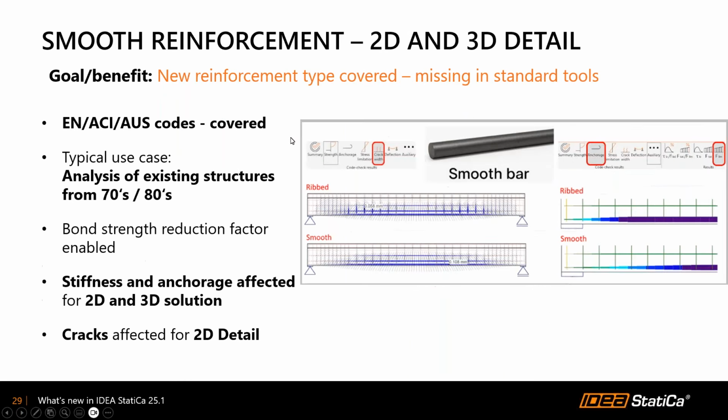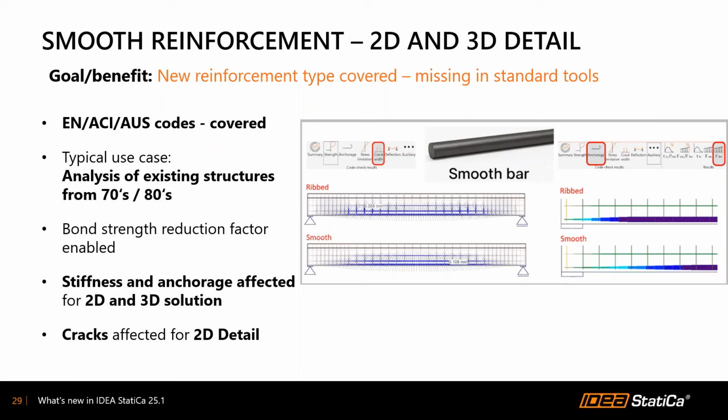Okay, what about the other improvements, another development coming from IDEA StatiCa for 2D and 3D detail right now? We fully support smooth rebars. So if you're a structural engineer designing historical structures where smooth rebars exist, this is the solution for you. Also, this solution is supported across the Eurocode, ACI, and Australian standards. So engineers can accurately model existing structures, accounting for the reduced bond, anchorage, and crack behavior